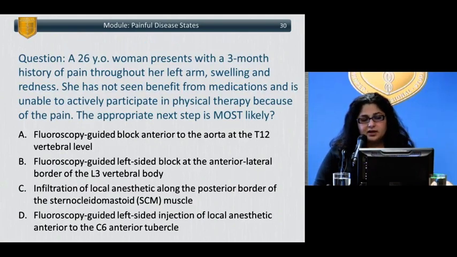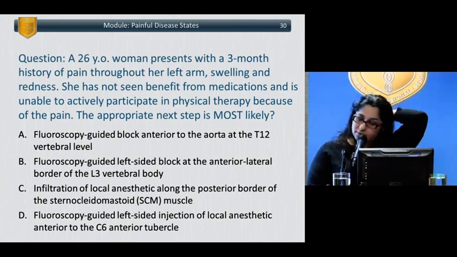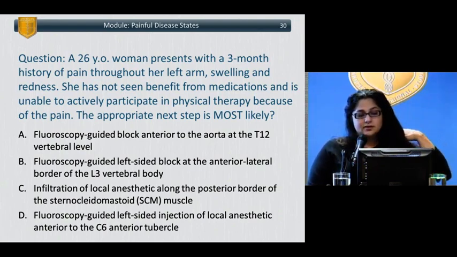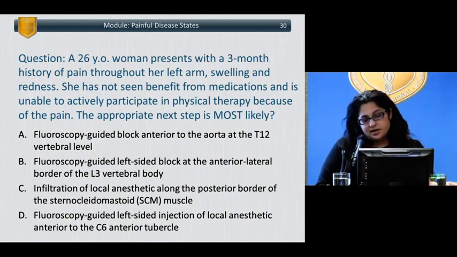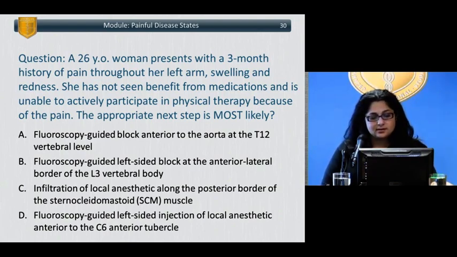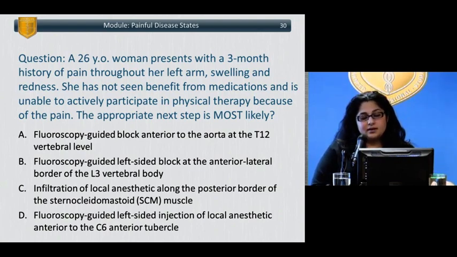Next question. A 26-year-old female presents with a 3-month history of pain throughout her left arm associated with swelling and redness. She has not seen benefit from medications and is unable to actively participate in physical therapies secondary to her severe pain. The appropriate next step is most likely: A, a fluoroscopy-guided block anterior to the aorta at the level of T12 vertebral body or L1, or B, a fluoroscopic-guided left-sided block at the anterior lateral border of the L3 vertebral body,